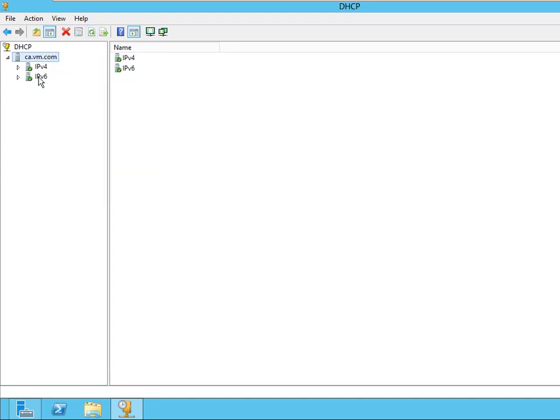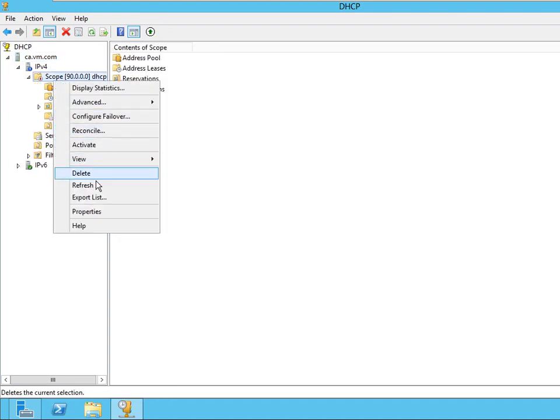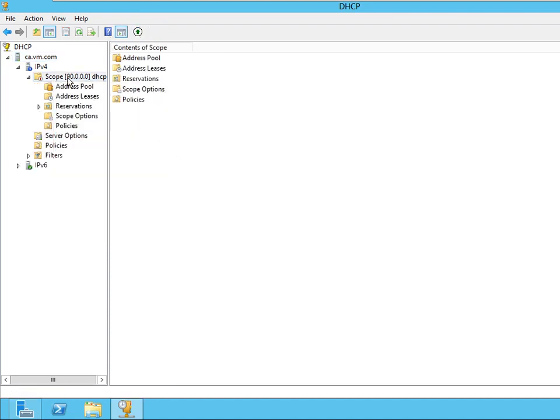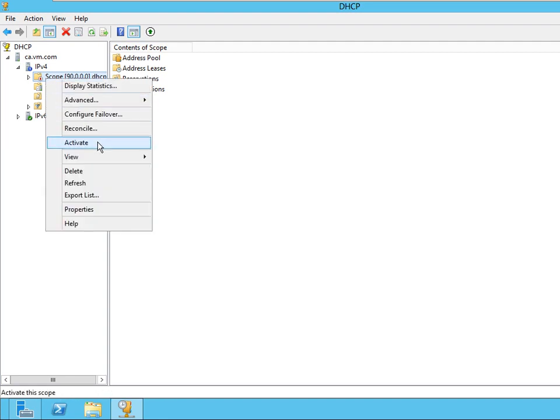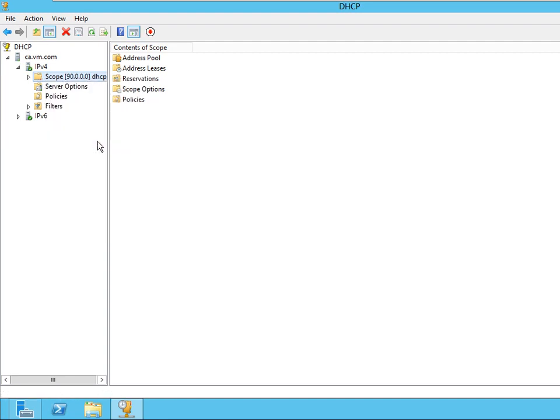Then only it will start working. You can see here. So after then also you are getting red. That indicates you should activate the scope. Until you activate the scope, it's not going to work. Right click, activate. Can you see now red green mark?